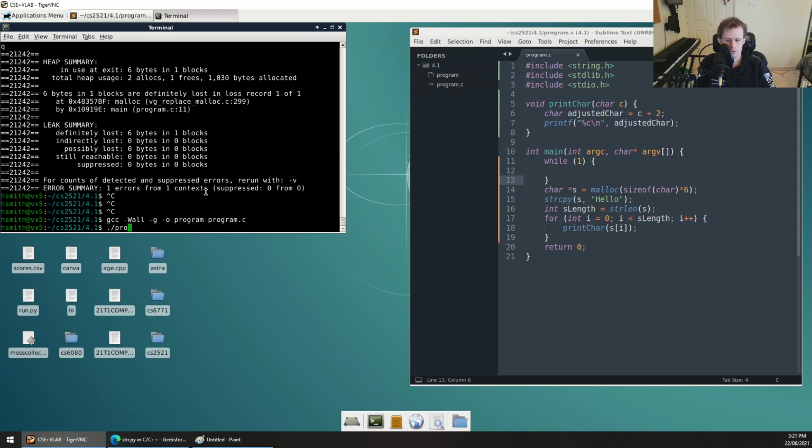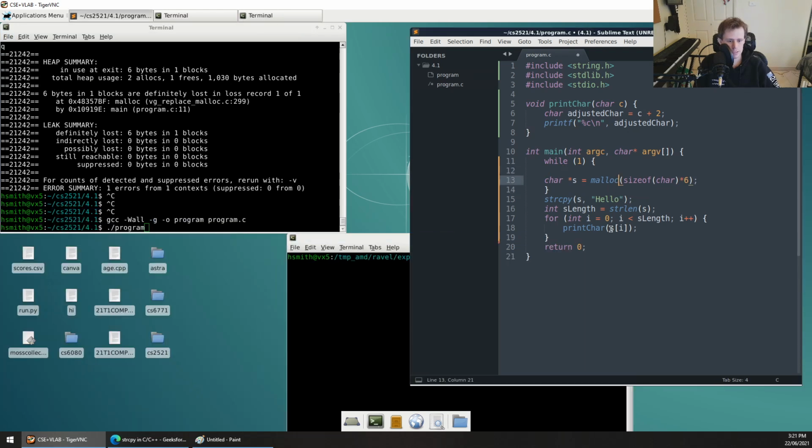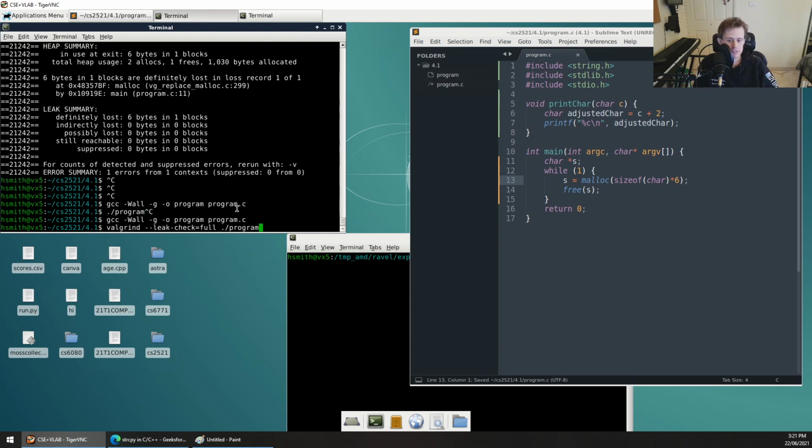Sure. So if I run this program, someone asked for this before, and we want to malloc something. Sorry, I forgot we want to malloc something. So just a reminder about memory leaks. The reason we don't like memory leaks is because of what happens if you don't free memory. So let's have this program. It creates a string, loops forever, and every time it loops, it mallocs something and frees it immediately. Okay. Now if I run this program,